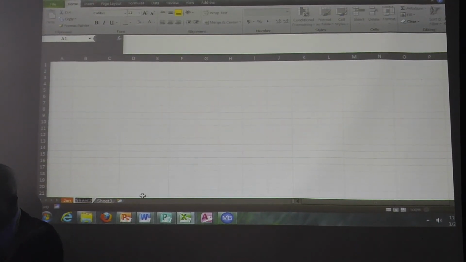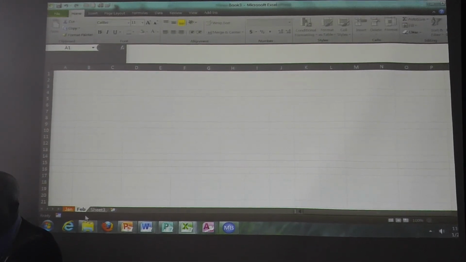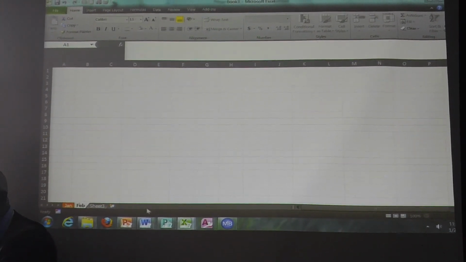Sheet number 2 is going to be my February, in FEB to keep it short. So again, I'm going to do that till